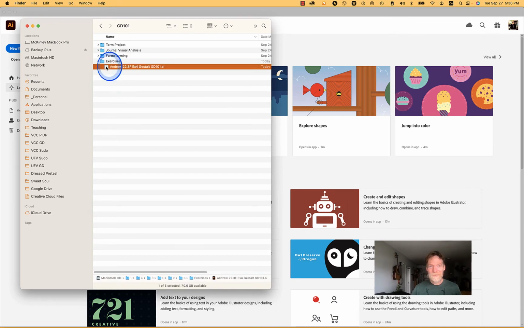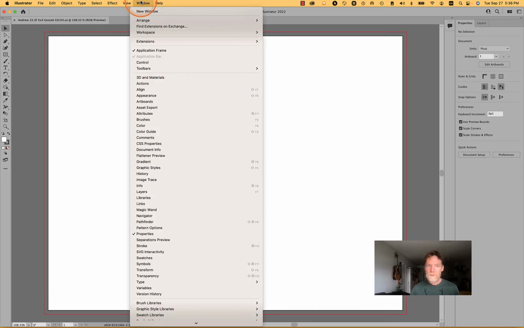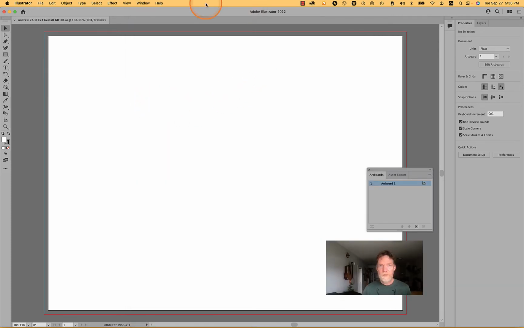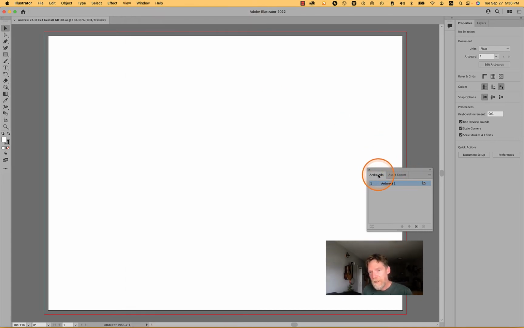I'm going to double click on this to open it again in Illustrator, and here you can see in the tab that this name has been updated. The other thing I want you to do is make sure that you name your artboards. Here we have one artboard, and the easiest way to do that is to open your artboards palette. So go ahead and click on Window, Artboards to open that. You're going to take this Artboards tab, click on it and drag it all the way to the bottom of this panel here, so it appears at the very bottom. And then just